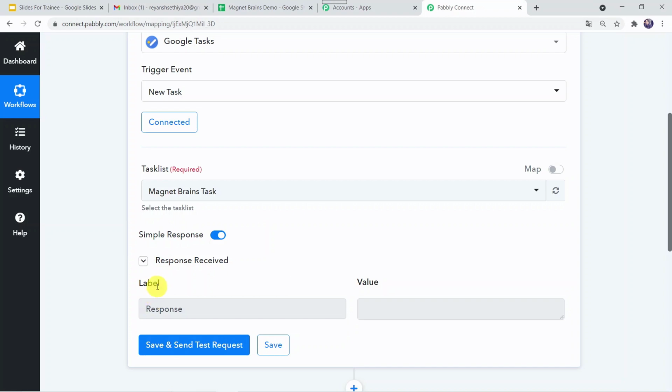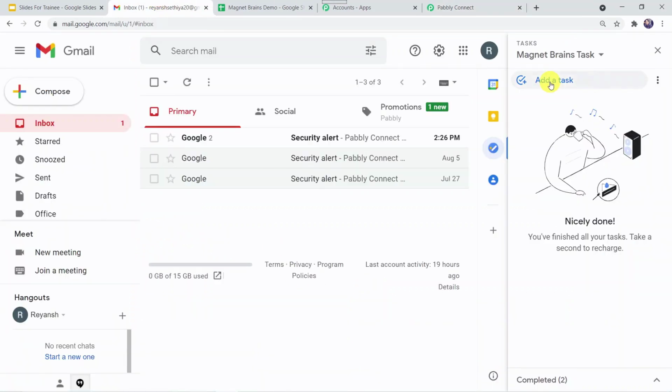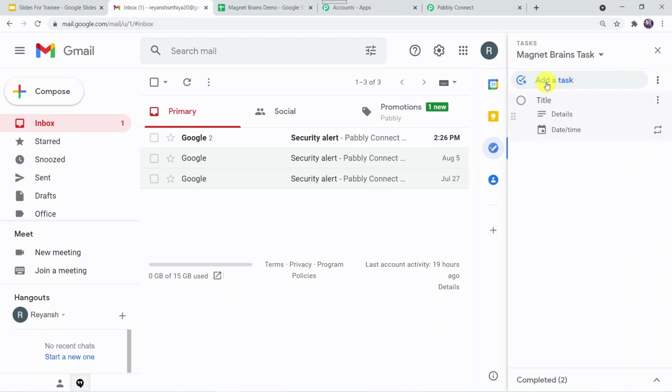Now here you can see the response is received, but we cannot find any value over here because in this task list we have not created any tasks. So let us create a task here.